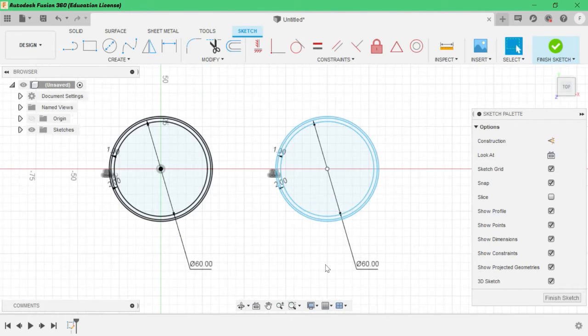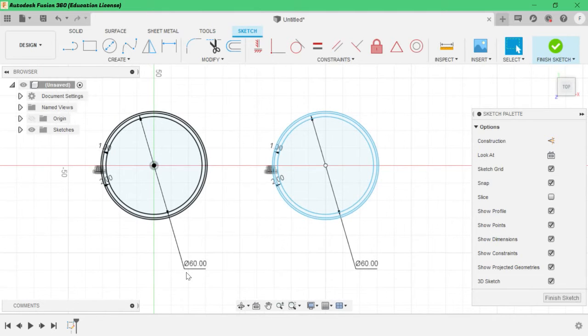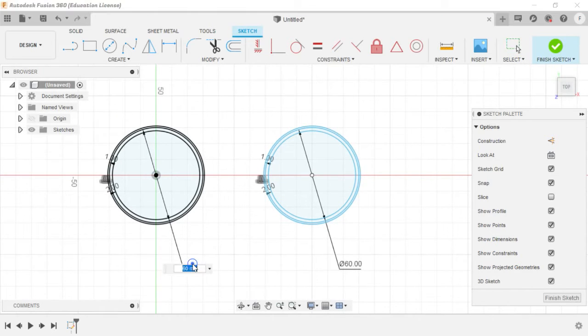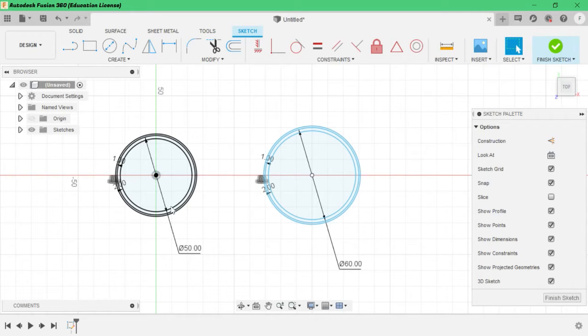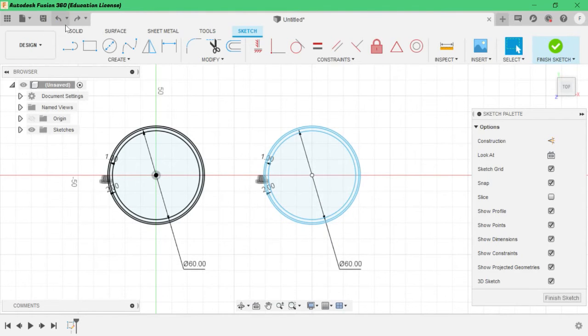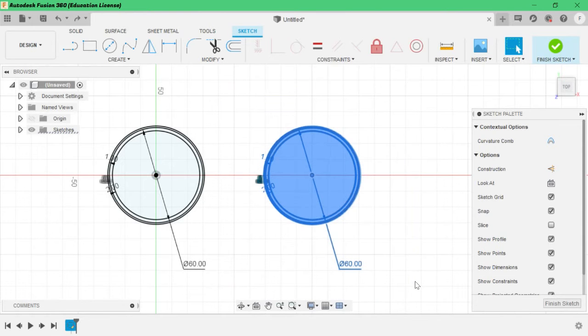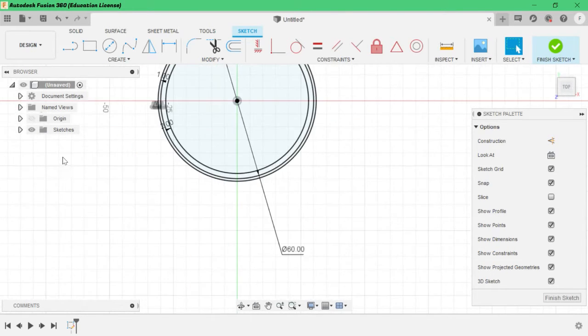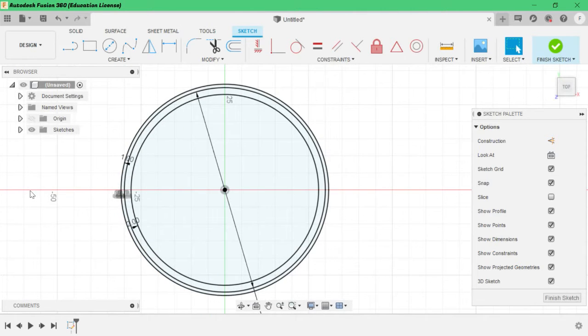But here one thing you have to understand. If you want to change the dimension after creating a copy, you have to change both. You can't change both dimensions at once. Let's see what will happen. Select the dimension 50 and press enter. See, this circle is changed, but the other circle won't change. As it is a copy, we can't change this circle with this circle. We have to keep both circles in the same relation. So what I am doing is deleting this circle. Delete. Okay, done. This is our drawn circle.